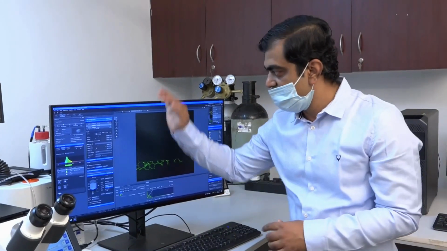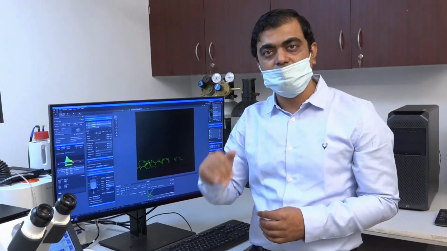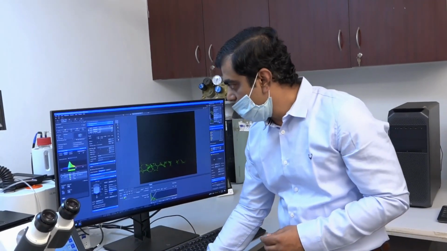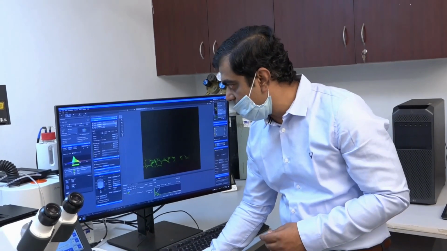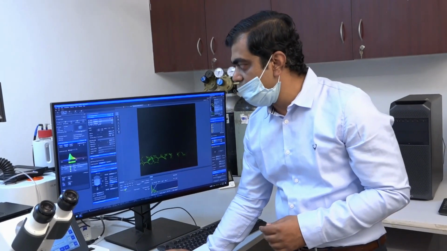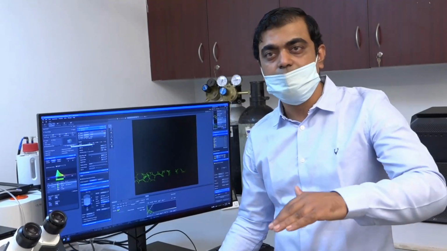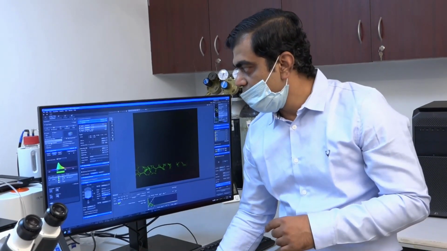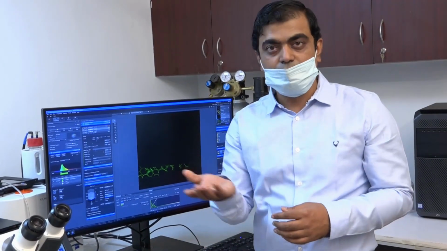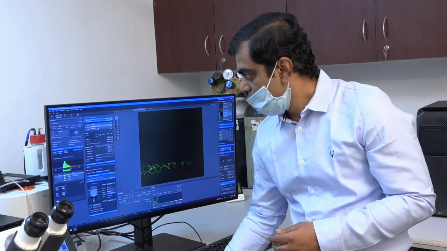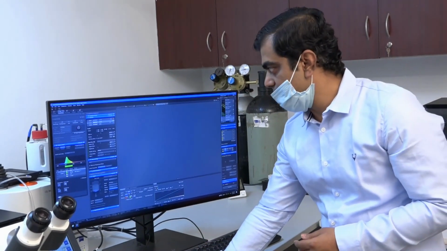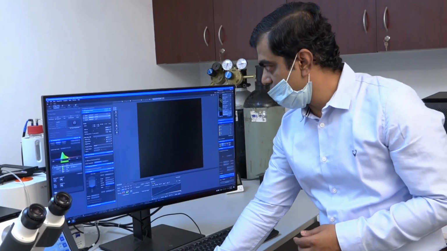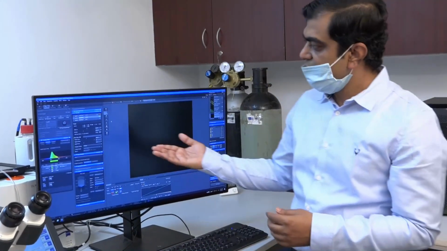So once I have decided the plus Z and the minus Z of the sample, I'll select all the three tracks and then I will start the experiment of taking the Z. What it will do, it will take all the Z positions of each of the channels, and as you can see here,